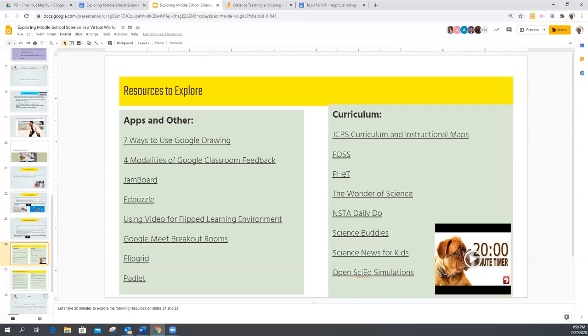But for Edpuzzle, we have the paid version. You can only put a limited amount of videos with the free version. If you don't have the paid version, it's not as good because you can only have a few videos, and you have to keep getting rid of the other ones and then go back and get them. But if you have the paid version, it's really awesome because you can upload the video of you doing your lesson, or you can upload any video that's anywhere on YouTube, and you can put in your own questions. A lot of times people have already put them in there, and you can just tweak theirs or use it as it is. But it just depends if you have the paid version or not. Our school has the paid version.